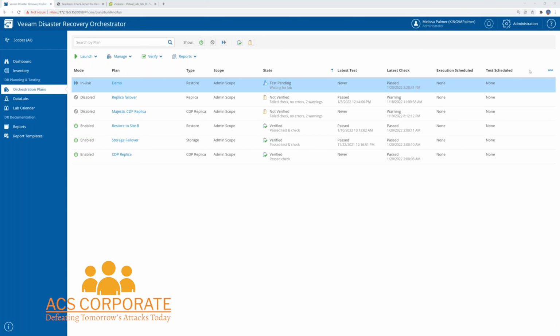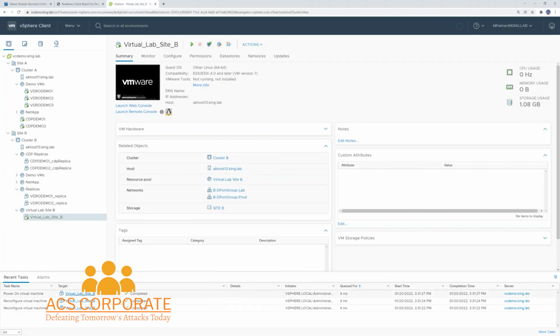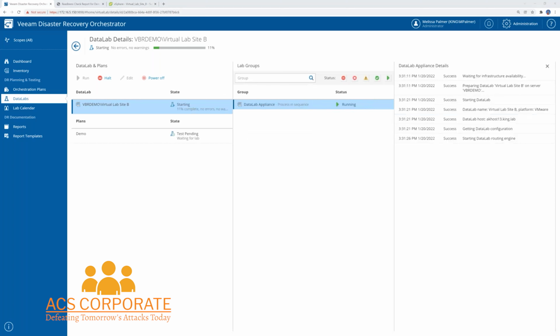All right, so let's go take a look at some of this stuff going on. So we can see that we've actually started our data lab right here. That's that proxy appliance that is going to create our isolated bubble for our VMs. And if I come back to Orchestrator, again, I click into the plan to see what's going on. I can see that my proxy appliance has started, it's running, and everything is looking pretty good. So let's go see what else we have here. Another vote for Pure Storage support. Thank you for the feedback. So let's come on over to